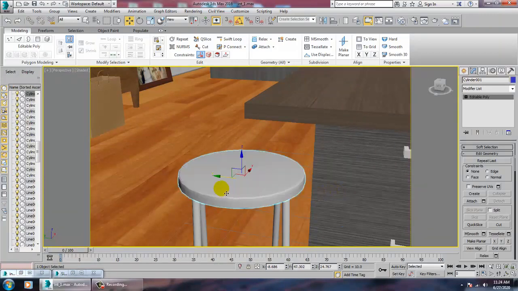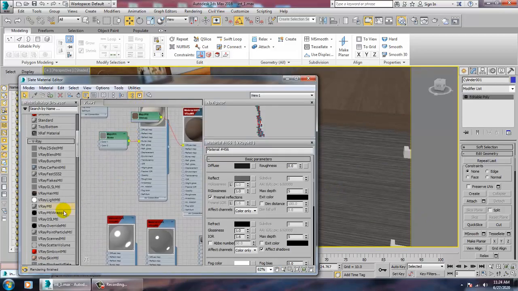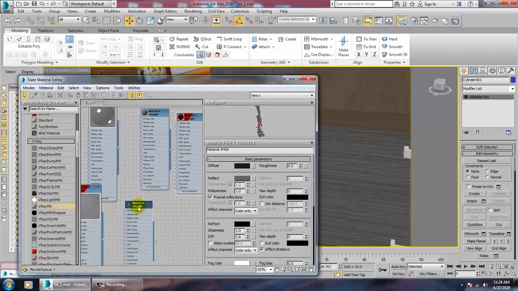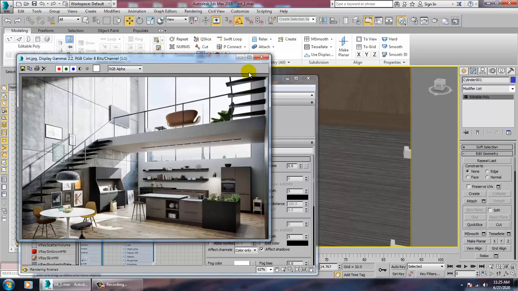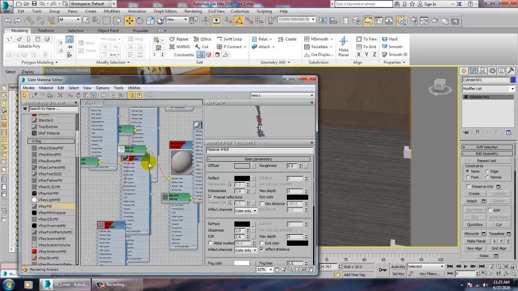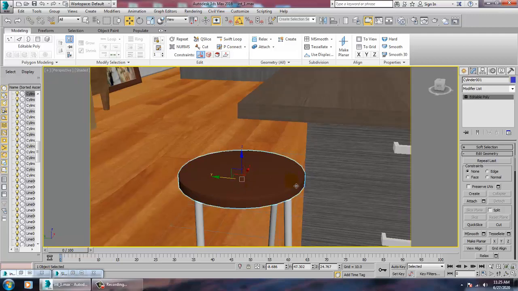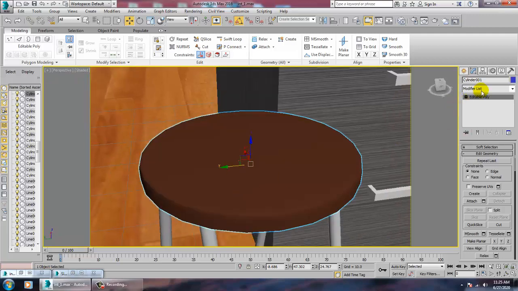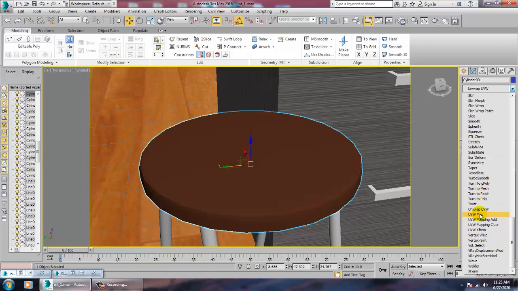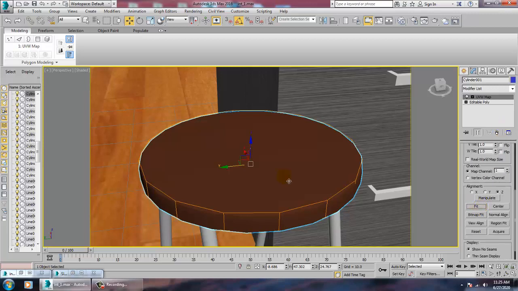So go into the material. Let's take a V-Ray material. And if you want to give a leather material over here, you can just assign this and give a UVW map, make it cylindrical and just fit it.